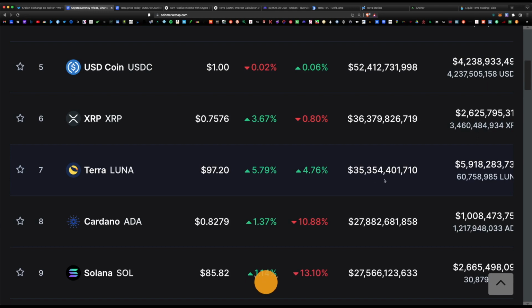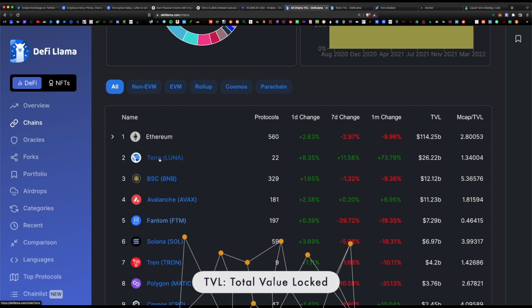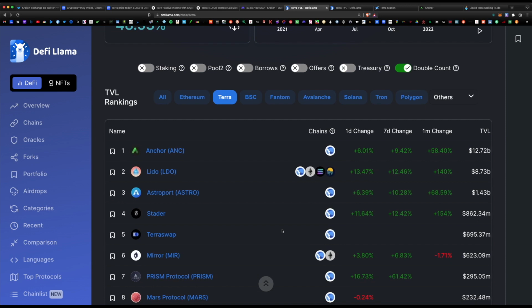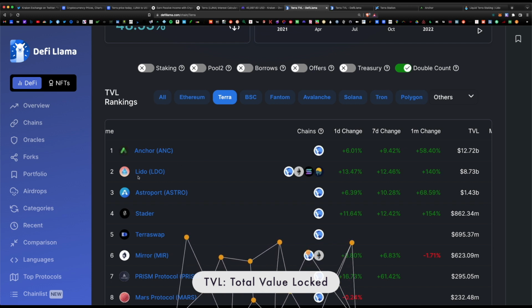$35 billion. And if we look at DeFi Llama, we do see that Terra Luna is ranked number 2. So that means there's over 26 billion staked or being farmed within the various Terra Luna protocols. And if we dig deeper, you can see month by month the amount of total value locked has been increasing for the past 2 years. And if we scroll lower, we do see that the bulk of that money has been placed in the Anchor protocol, which sits on 12 billion total value locked, and second place would be Lido, which offers 8 billion total